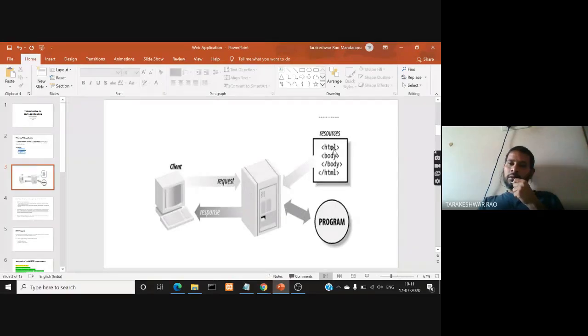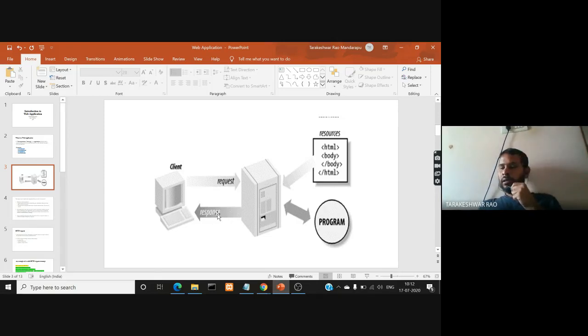So that resource is identified from the secondary storage of the server, then generated and sent to the client browser. That HTML code, or whatever code that page contains, that program is run and executed, and the output of that program is sent to the browser so that the user can see the output, right? So whatever output you are able to see on your browser window, that is generated by whom? By the server. And that output generated by the server and sent back to you in the browser is called a response.